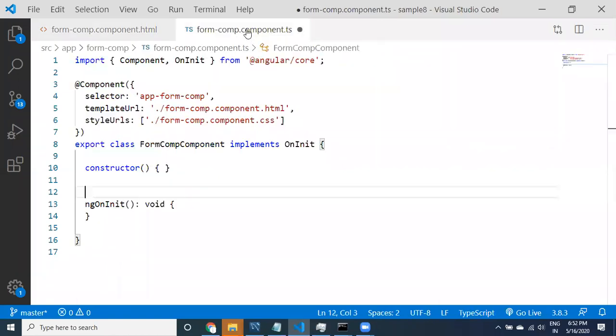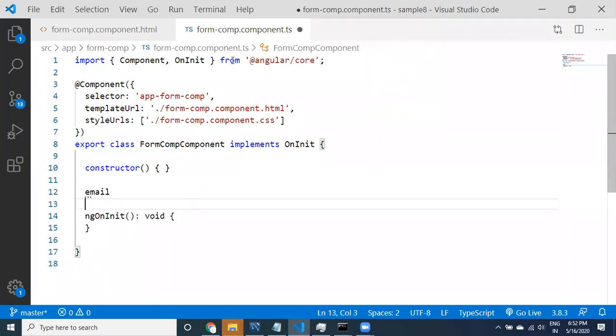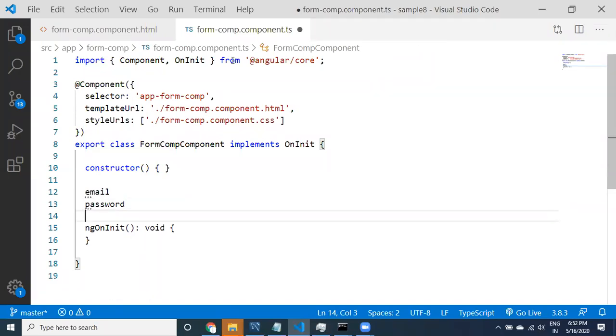Email, password, and phone. Semicolon is not compulsory; in Java, semicolon is compulsory for each line. If you want to provide it, yeah, you can provide a semicolon over here.